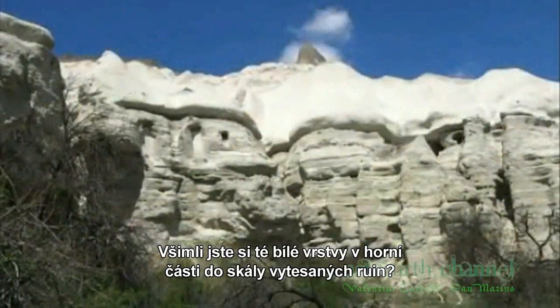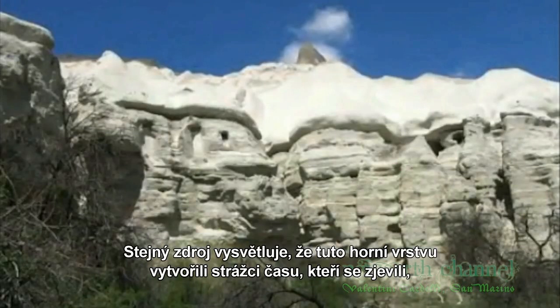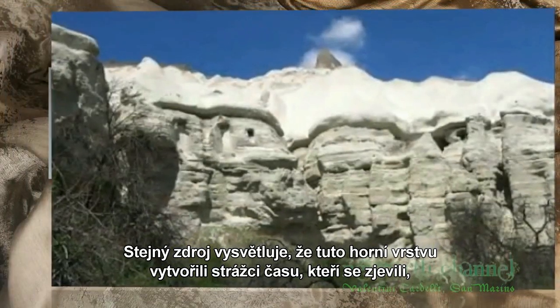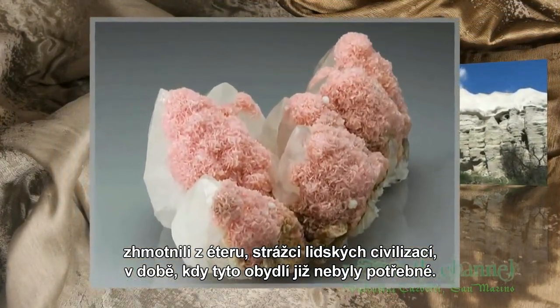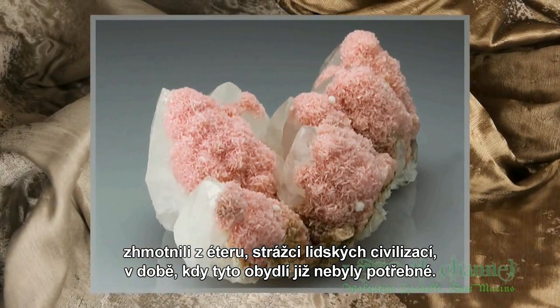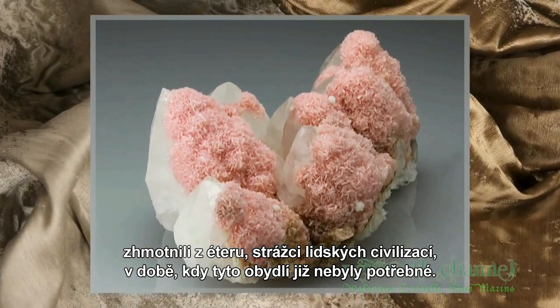Now, do you notice the white layer on the top of the rock-cut ruins? This is not snow. It looks as if somebody covered the ruins with some sort of foam. The same source explained that this was put together on the top, materialized, manifested from the ether by the keepers of the time, the keepers of the human civilizations, later on, when these dwellings were no longer